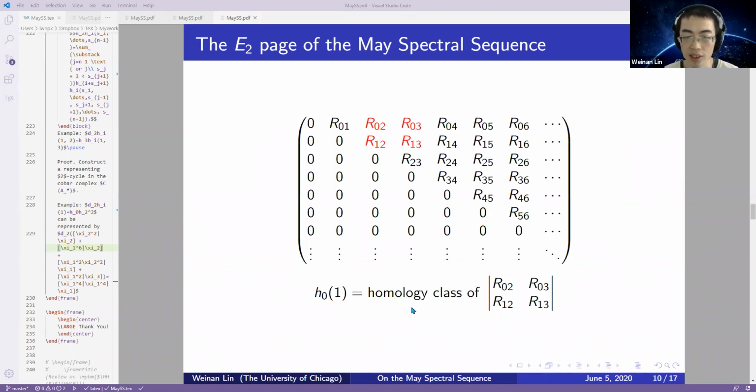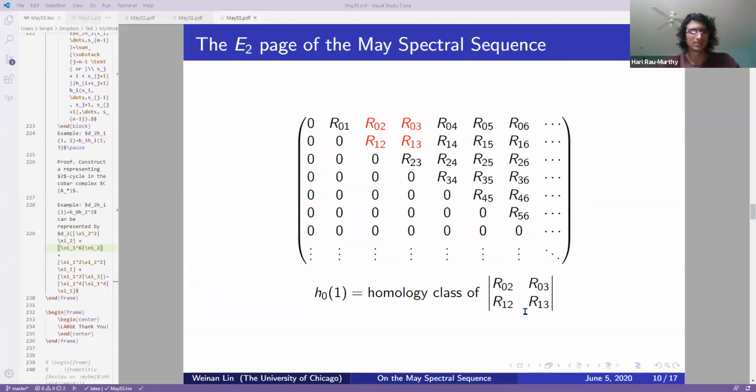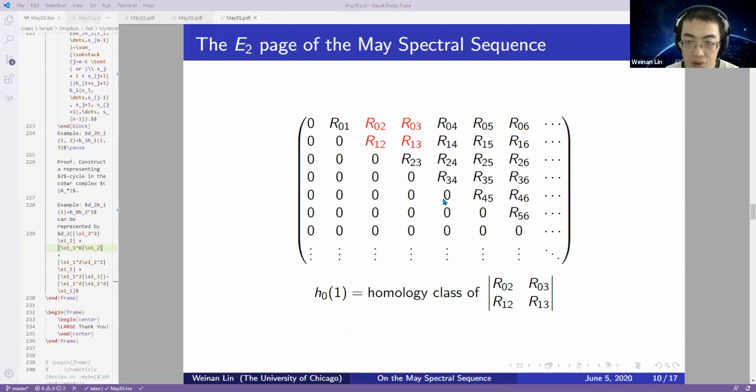For example, h_{0,1} is the homology class of this chain, which is a determinant. If you look at the matrix of the generators, it's this block, in the zeroth row, first row, third column,